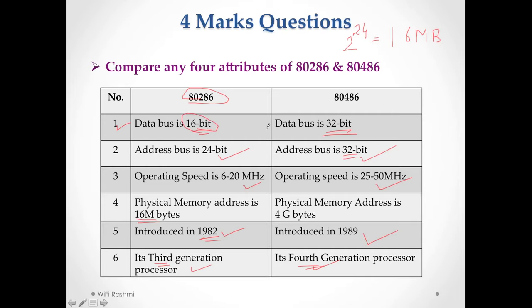Clear? So only this type of questions you are getting in the exam, and please specially you have to complete the questions for Pentium special features also and the comparable attributes also. ठीक है, दोनों को आपको ये completely पढ़ना है, and the rest of the processors like 80286, 386, 486 ये सारे features आपको address bus, data bus, speed, physical memory and generations ये सब features में पढ़ना है. ठीक है, and program model of specific processor, that is x86 family for 16 bit or 32 bit, ये दोनों है, and flag for x86.